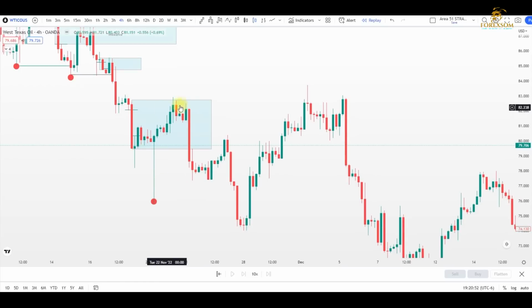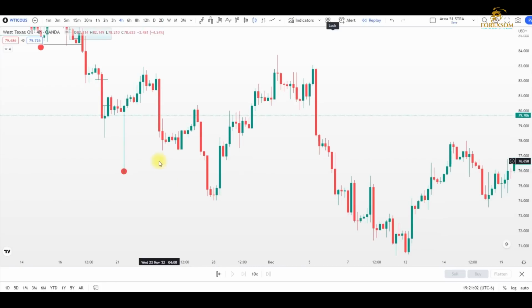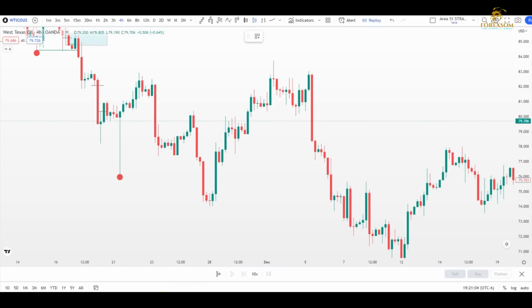So what we do is we mark this entire candle. Okay, we mark this entire candle, and then that gives us our insufficient. Or you can also mark this high and this low, but the price is going to go up anyways, so it's better if you mark the entire candle. All right,